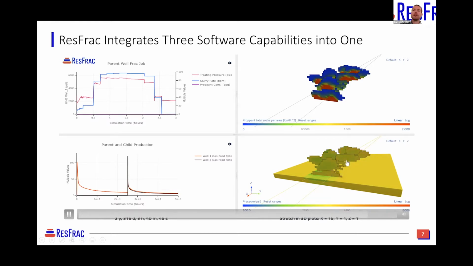And now depleting the child production, you can see pressure being drawn down along both wells. So one thing that we will notice is that the parent fractures were approximately symmetric in terms of balancing left and right of the wellbore, whereas the child fractures preferentially grew into and intersected the parent well fractures, causing an asymmetric distribution of fractures.